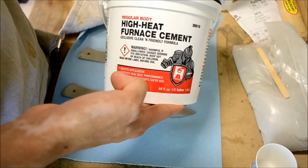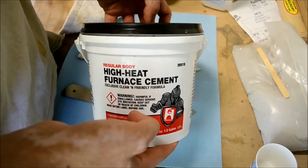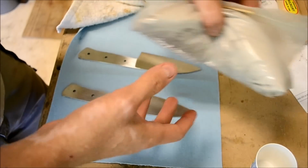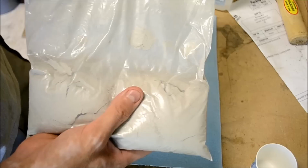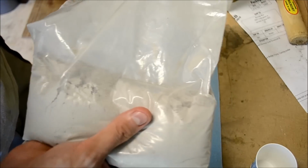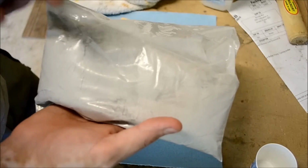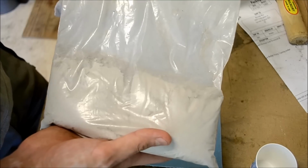high heat furnace cement. This stuff works okay if you can find it at your local store, but the best thing to use that I found is called Satanite. It's kind of like a clay powder. It's used to go on the inside of forges and coat them so the ice or KO wool doesn't melt, because this has a higher temperature rating than KO wool. So you get some of this